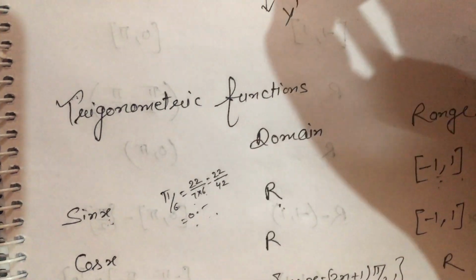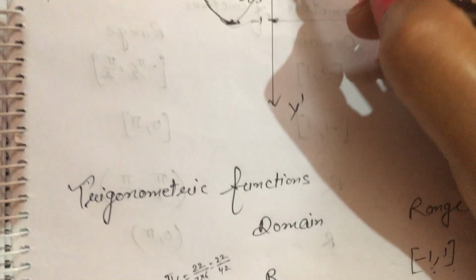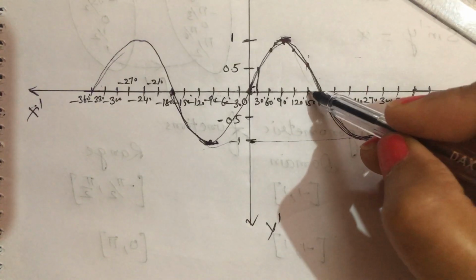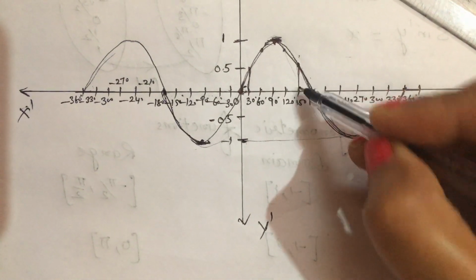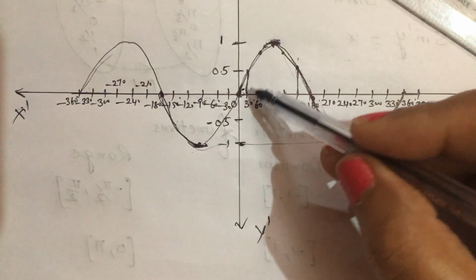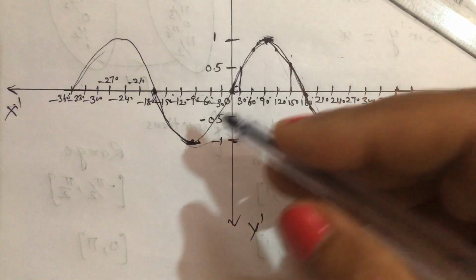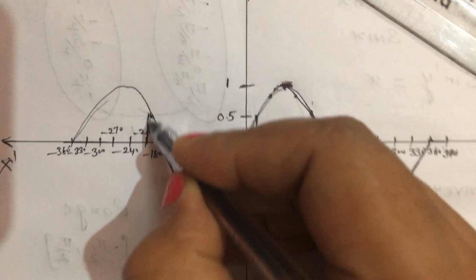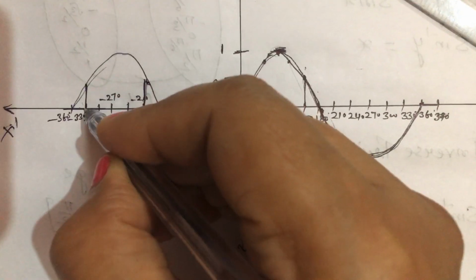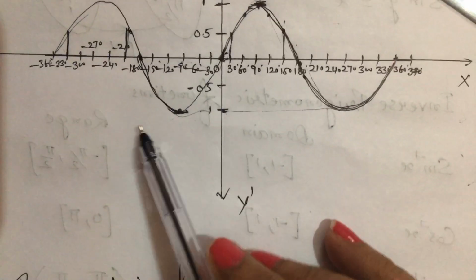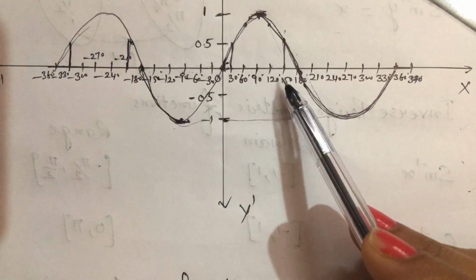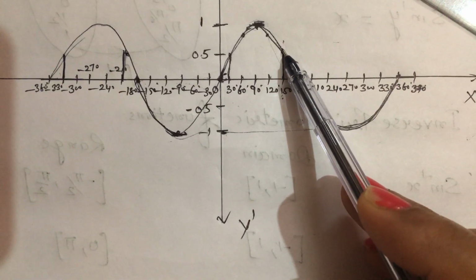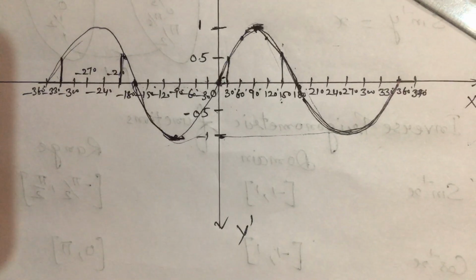And look at this, this is not a one-one function, because if we take sin 30, its value is 0.5. If sin 150, its value is also 0.5. In this way we can see many values here also, -0.15, here also -0.15. So look at these, for different values of x we get the same value of y. That means this is not a one-one function.